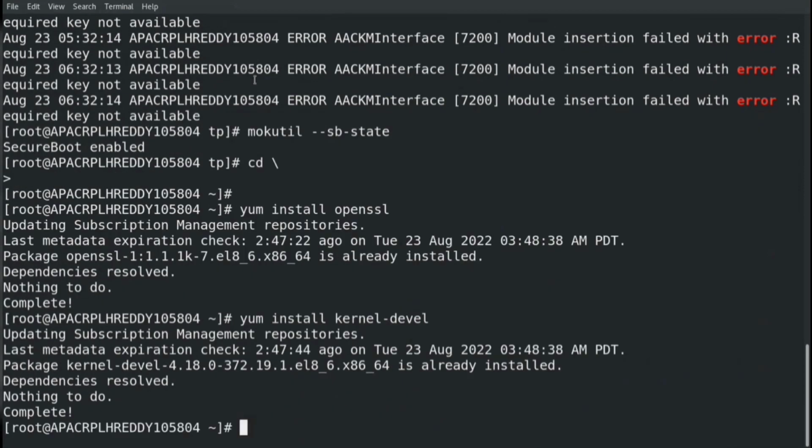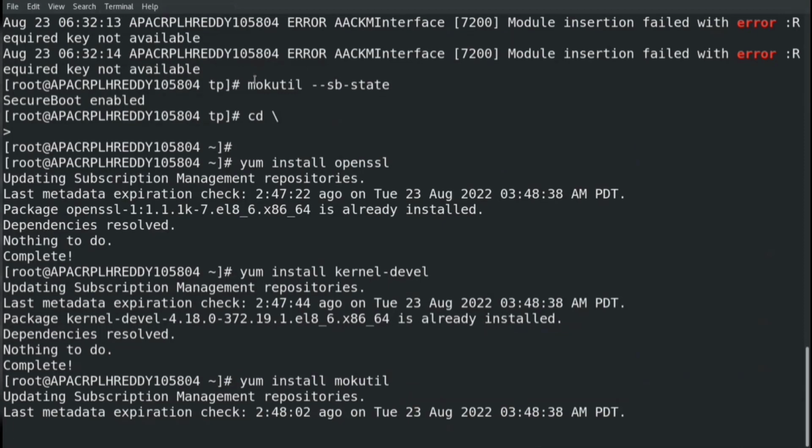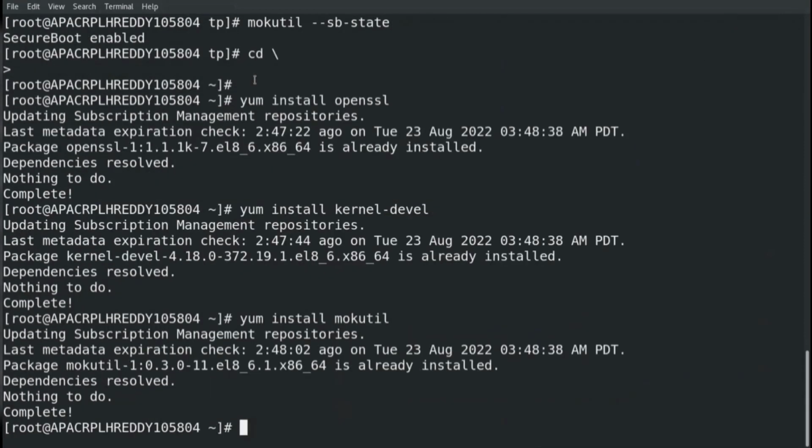And the last utility which we would be installing is mokutil by executing the command yum install mokutil. This is used to manually enroll the public key. Now we have installed all the required utilities in the machine. Since my machine has been updated with all the dependencies, it just gives a message stating nothing to do and it has been complete. Now let's try to create a configuration file for generating the private and the public key